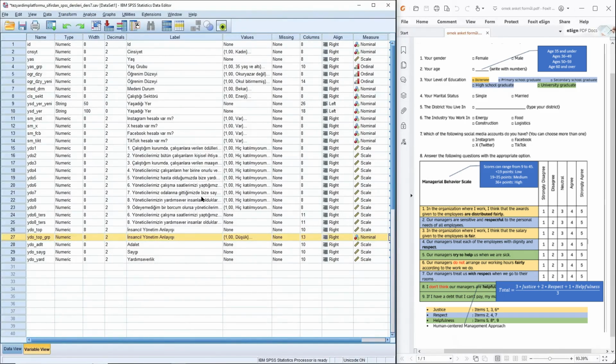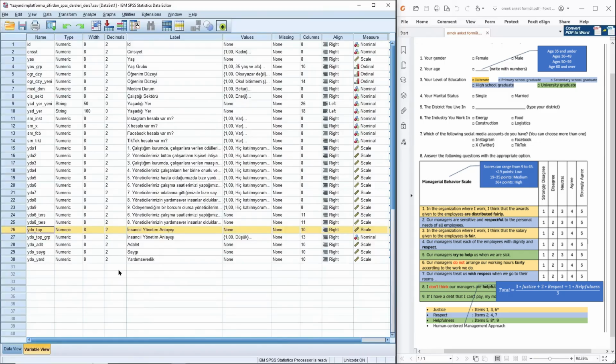We said today's lesson is about creating variables using formulas. We have a scenario related to this. Actually, it's not exactly suitable for our survey here, but there is a scenario. I'll explain today's lesson based on this scenario. Here's our scenario. Previously, we calculated the total score of this scale. We calculated a total score by adding up the scores of these 9 items here,